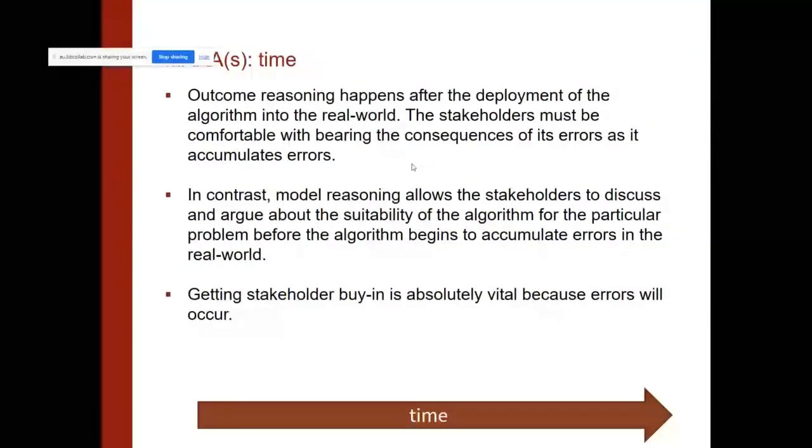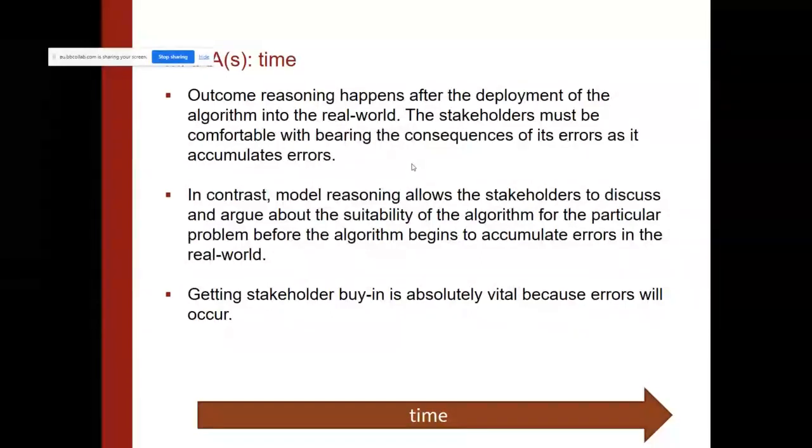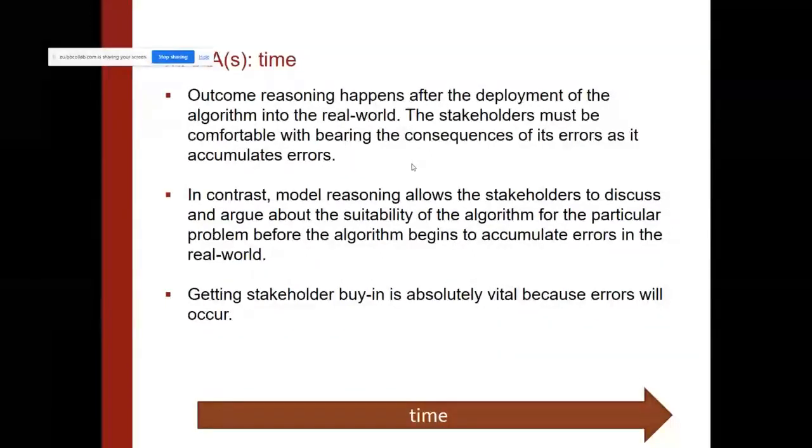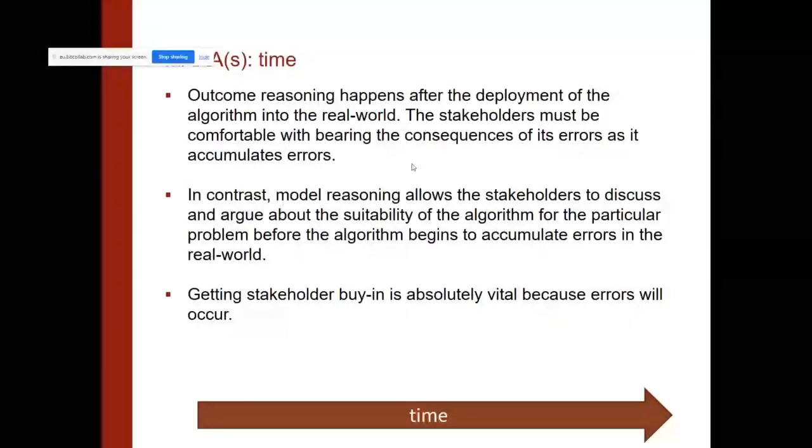It's vital that we get stakeholder buy-in on the type of reasoning that we use, because errors are certainly going to occur, and we're going to get pushback when errors do occur, and we have to have a story for how we take accountability in a way that we're comfortable with. If you think about the 2 ways of accountability, from outcome reasoning it's often, yeah, we're trying to make it better, we're giving it more data, we don't really know why it's working, we try to avoid that situation, etc. But in model reasoning, you could say we had all the experts come together and they all agreed, yeah, this might make errors, but this is the best way that we can move forward. So it's 2 different levels of accountability there.